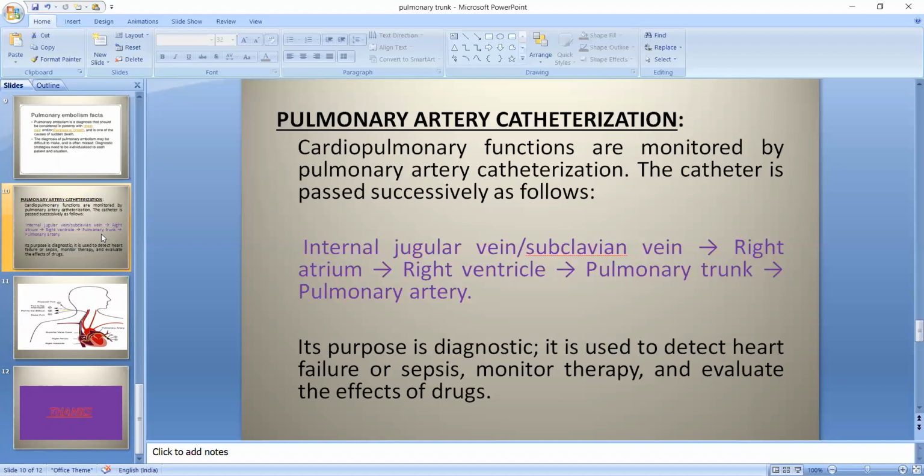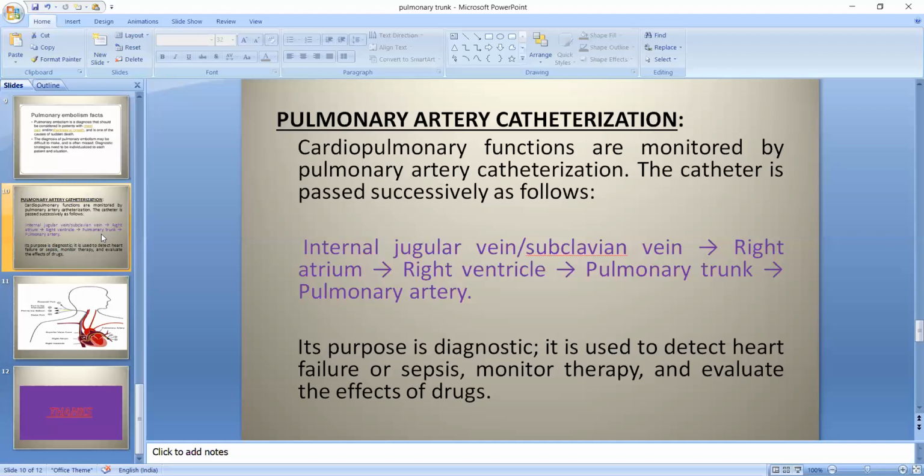Sometimes we use it for taking blood samples at various sites within the heart to understand the oxygen level of the blood. Sometimes in heart failure, we also use this test to evaluate heart pressures and the flow of blood in a weak heart. So there are many conditions, and we can use pulmonary artery catheterization to detect all of them.